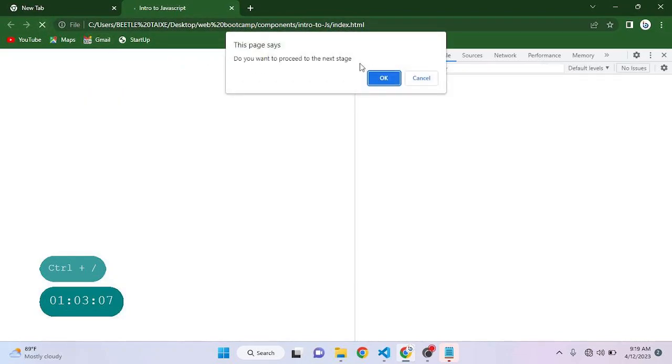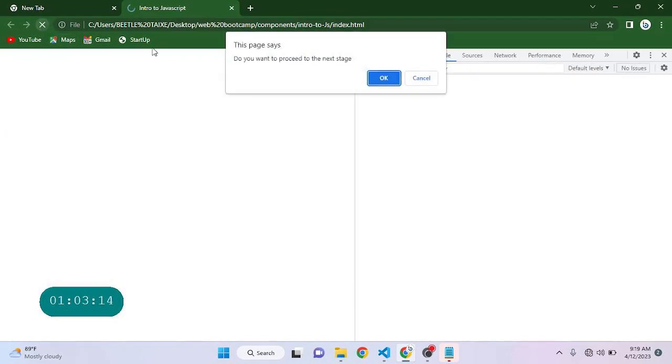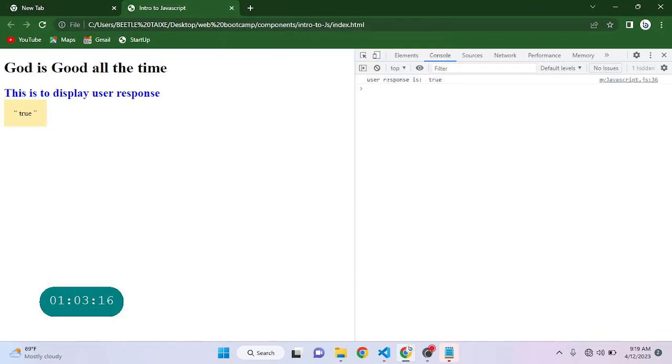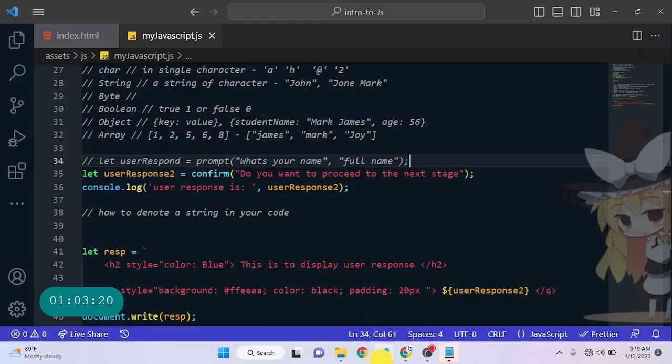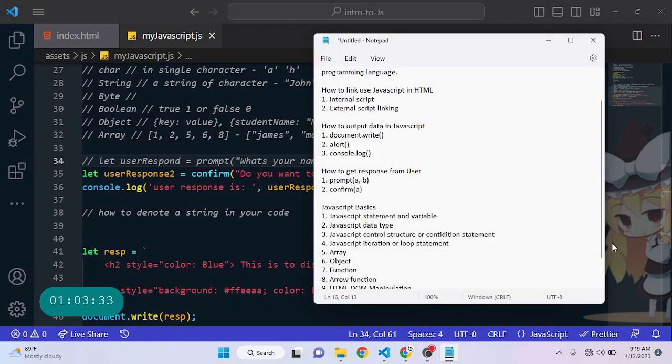So now run it. You can see that: do you want to proceed to the next page? If the user clicks cancel, you will see what the response is: false. Now let's run it again. If the user clicks OK, the response is true. So the confirm method returns true or false as the response from the user, and you can use that to do anything you want in your code,